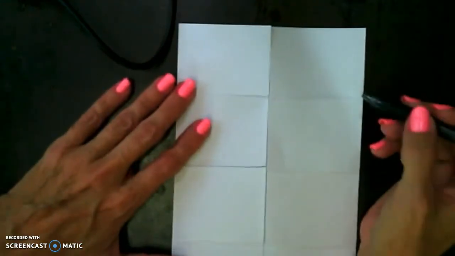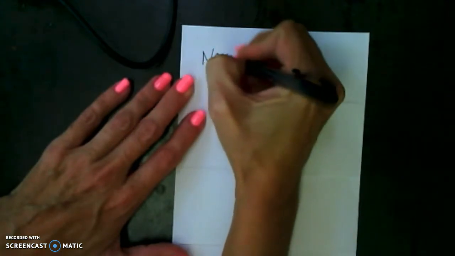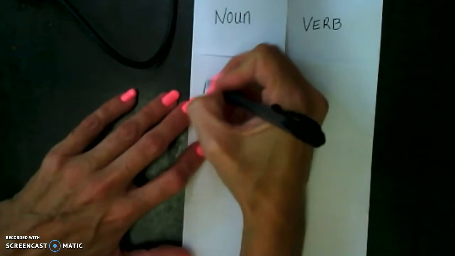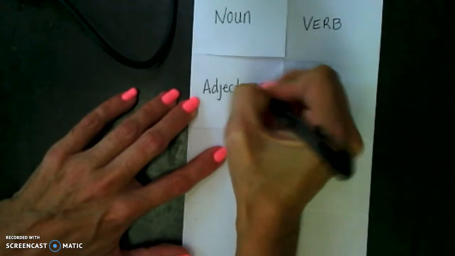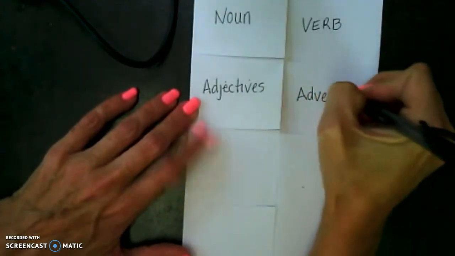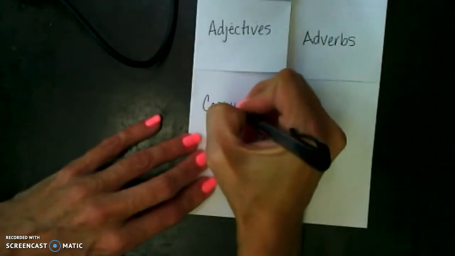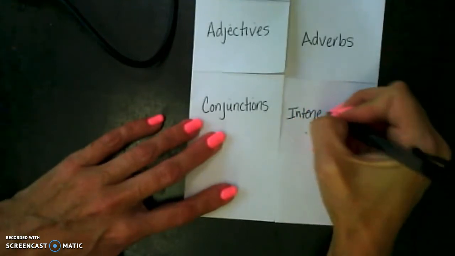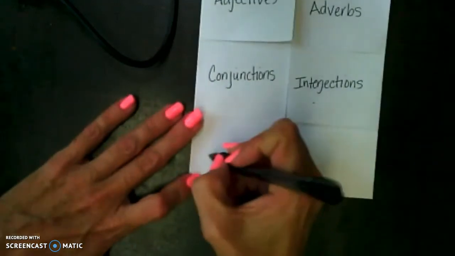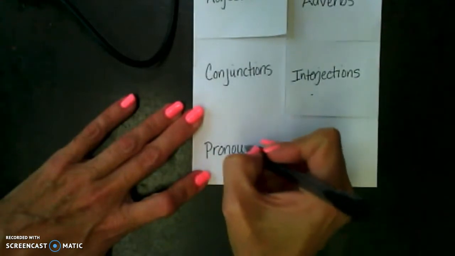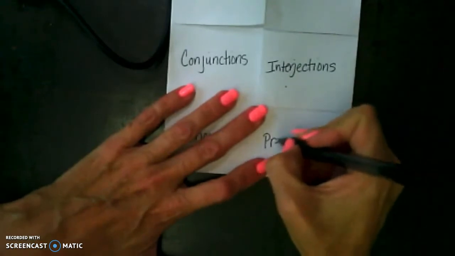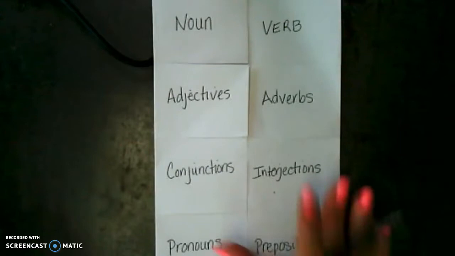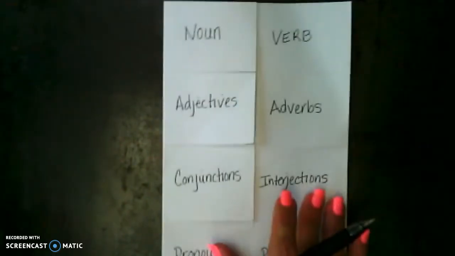So we're going to start with noun, and verb goes on the other top tab. Then we have adjectives and adverbs. Then we have conjunctions and interjections. Interjections. Little schoolhouse rap for you. And then we have pronouns and prepositions. Okay, so now that we've got that all outlined, our outside done,